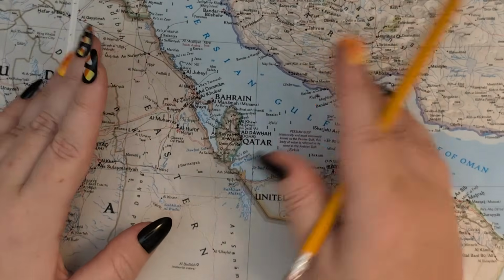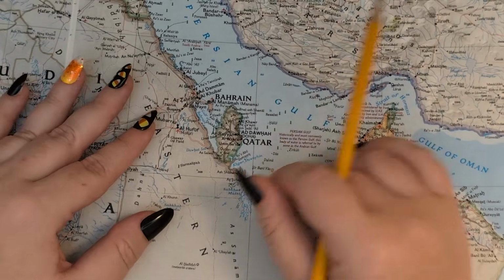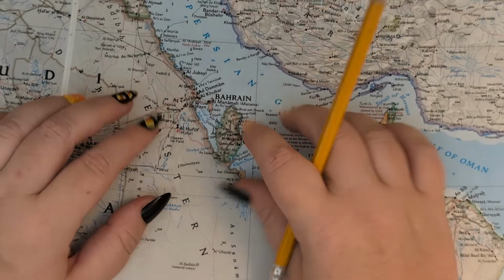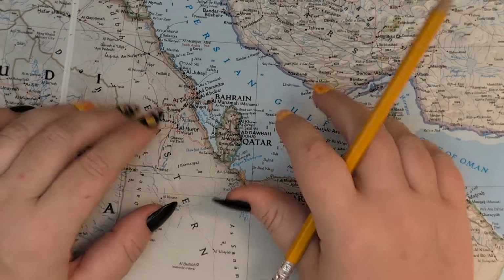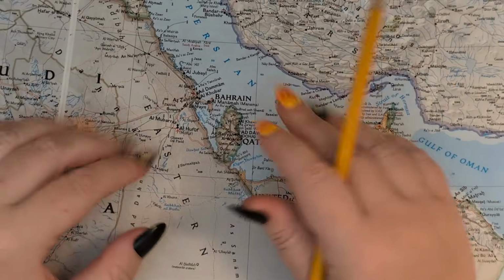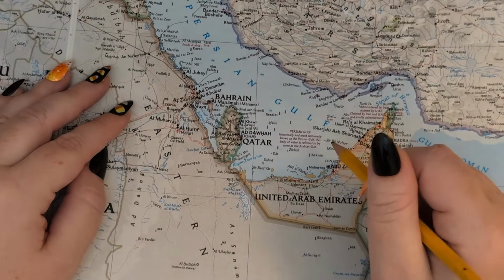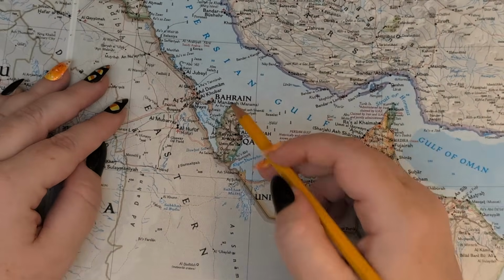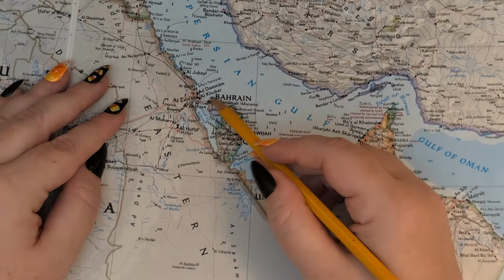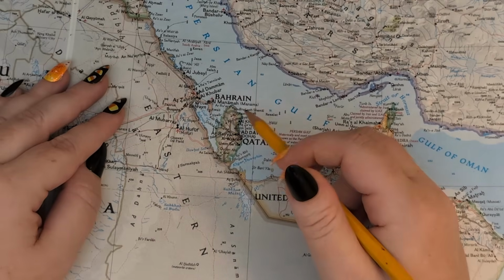They are so interesting. They traded with all those groups I just mentioned and many more, and just had a very unique society that's really underrated in studies about ancient history. I've never heard of them from school at all. So yes, the Dilmun civilization would have been thriving in this area of the island and throughout the island by